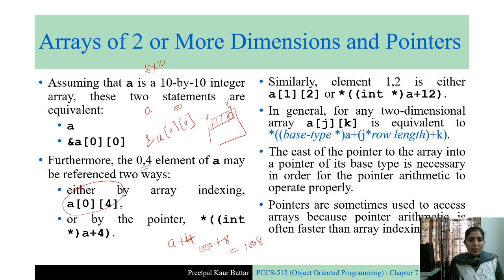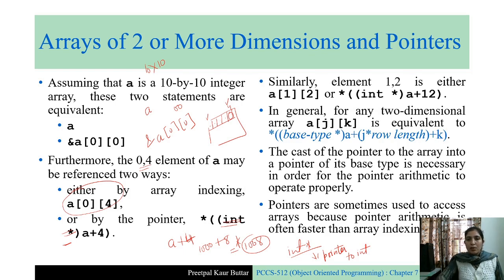And then what is this int star? Int star means we are typecasting. We are converting the value which we are getting to an int star, a pointer to an integer. We are converting this to the address of an integer. Sometimes this is compulsory because the compiler can give an error if you are not typecasting. Otherwise, you can do it without writing this cast. And then lastly, we are putting a star here. Star means the value at this address.